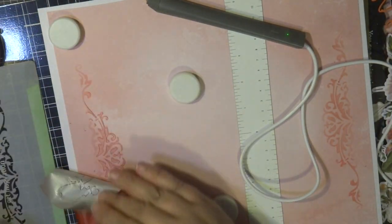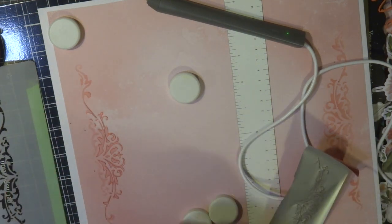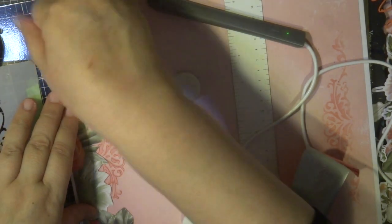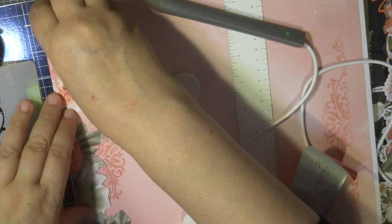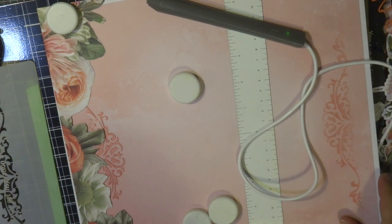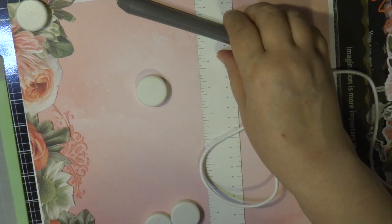So once I'm happy with that, I'm just going to leave that stencil there, and turn it around and do the other side as well. So you can see once I place my fuzzy cut flowers, it's just a bit of interest on the side. Just a great technique of using the hot foiling pen on your scrapbooking pages. Now I'm going to do the other side here,